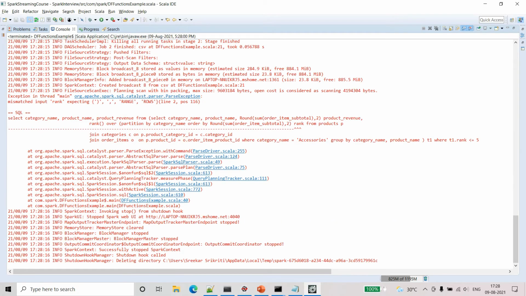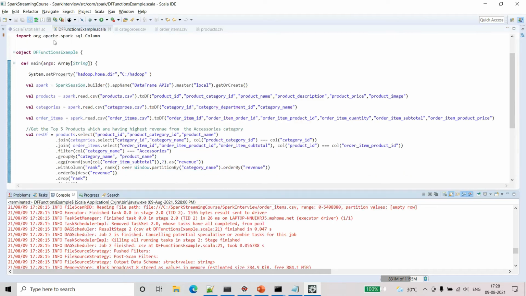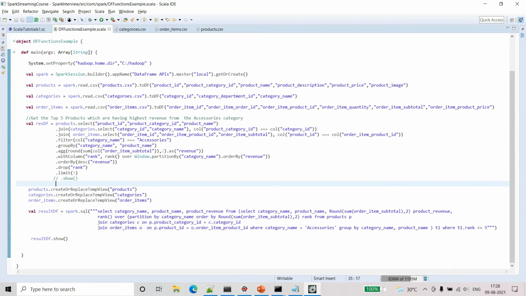Okay, let's see. Anyway, it has given some error. Yeah, something with the comma only. Brace. Okay, so select category name, product revenue. That is what we are selecting from category name, product name, and this entire thing we are putting as product revenue.